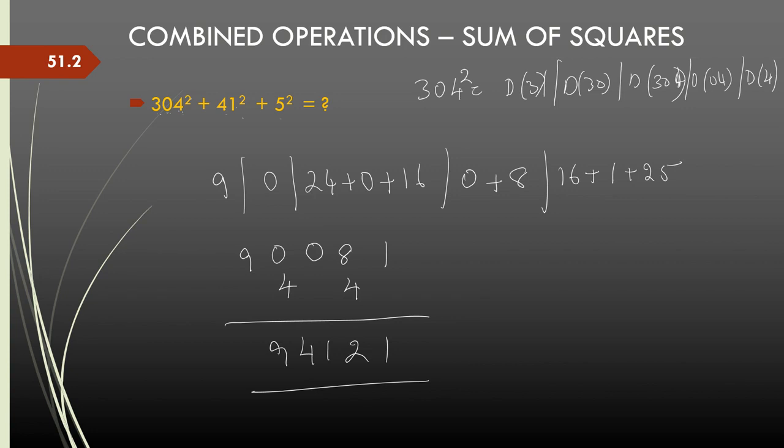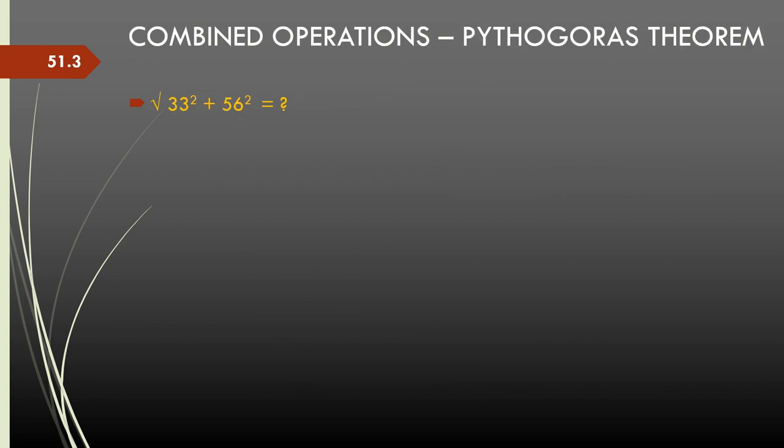until you get really comfortable with this. Now the same technique can be extended if I was calculating the third side of a right angle triangle. For example, I know two sides are 33 and 56, and I want the third side, that is the square root of 33 square plus 56 square. Now I can calculate the sum of squares first, and then use square root by observation. If it's a two-digit number, I would recommend that we just calculate the squares and then use square root by observation.